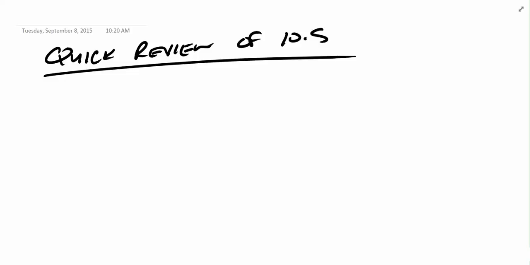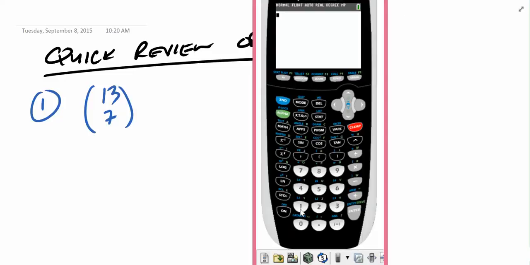The thing I want you guys to all do right now is practice in your calculator. So here's problem number 1. I want you just to evaluate this for me in the calculator. Go ahead and try that. Feeling pretty good? So everyone should have had 13, then go over to math, then go over to probability, and